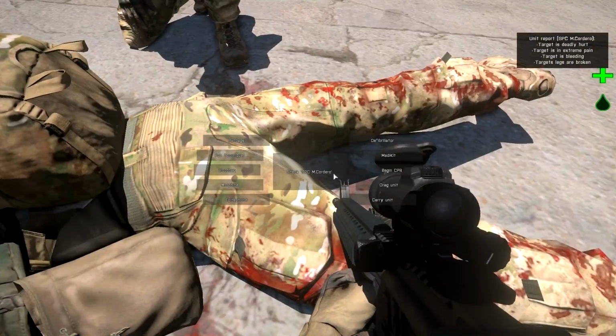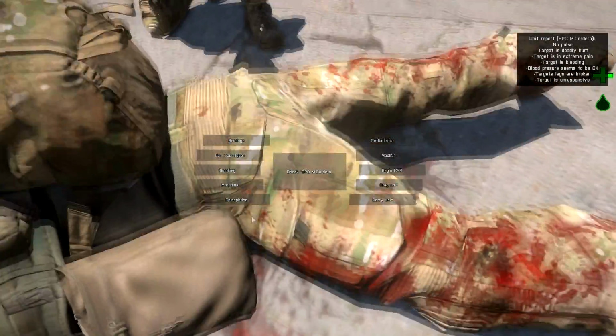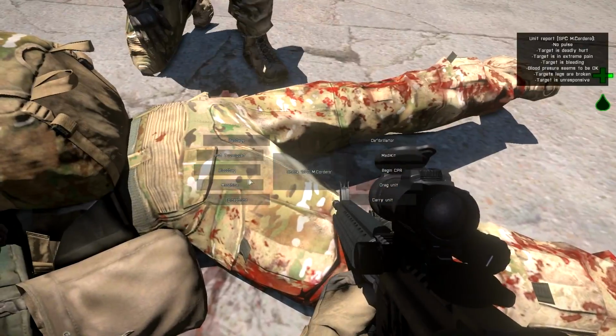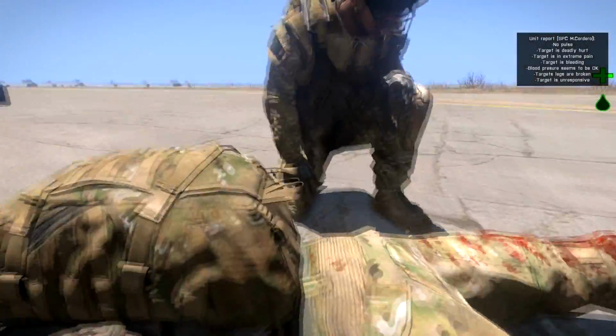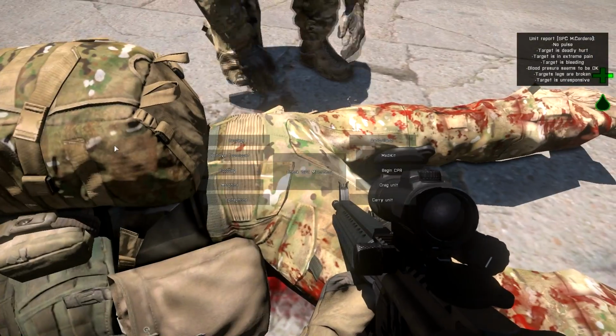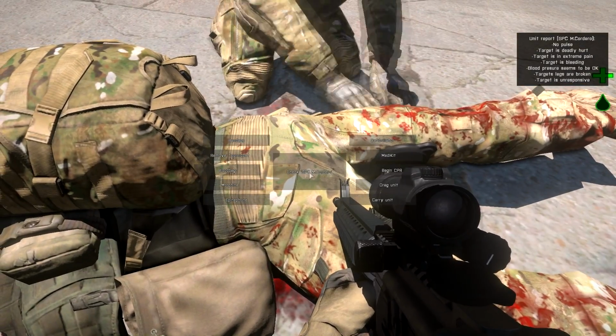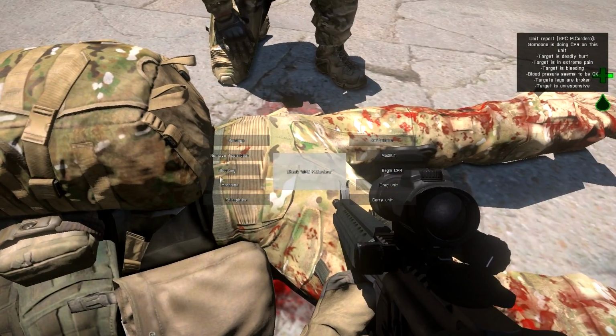Alright, he has no pulse, so we might lose him on this. This makes it really hard. So we're going to go ahead and give him a tourniquet right now because we don't have time to give him multiple bandages. I want you to start on chest compressions, Alfie, which he would do by hitting begin CPR. It's not really a CPR animation, it's kind of weird, but...